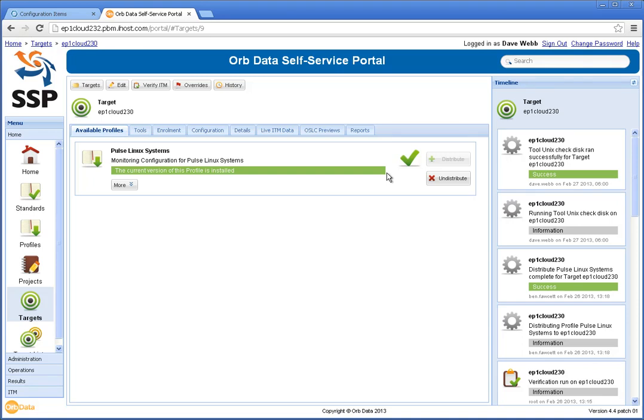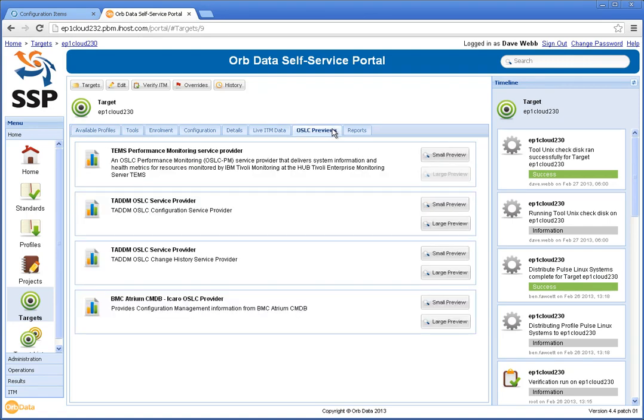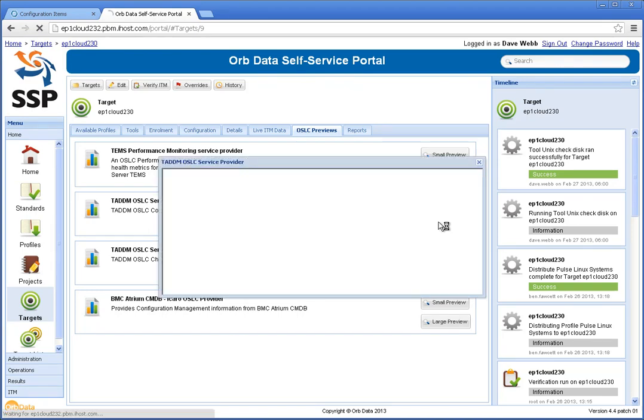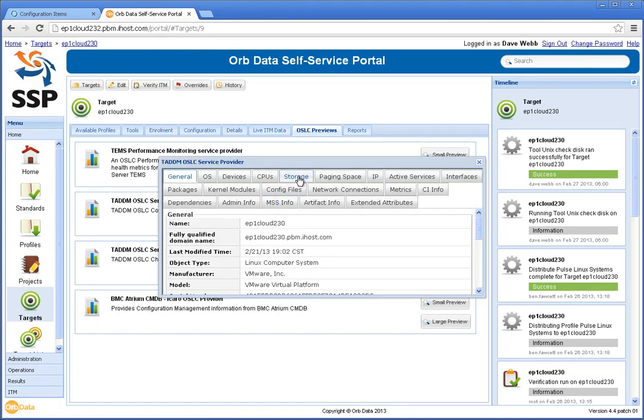If I select the OSLC Previews tab, I will see a similar list to that which we just looked at in Smart Cloud Control Desk. SSP is an OSLC consumer as well as an OSLC provider. So this means, as well as supplying previews to other applications, SSP allows its users to view the previews presented by other tools. For example, I can view the preview from Tadam that shows a lot of discovered information about